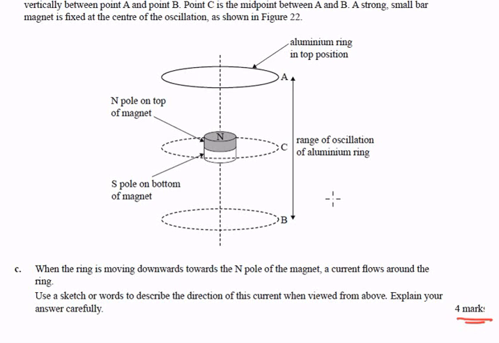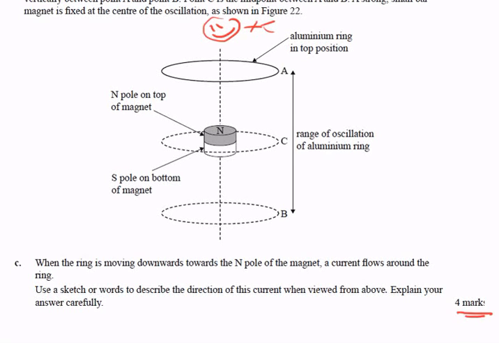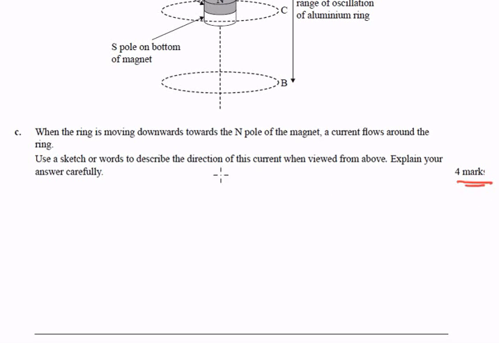Alright, so it says when viewed from above. Here's my man looking down, viewing from above. What I'm going to do is draw that. So if I'm looking downwards on the ring, and by the way, whenever we're trying to find the direction of the current, this is always Lenz's law. So looking downwards on the ring,